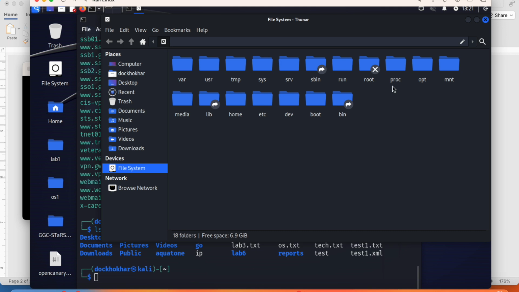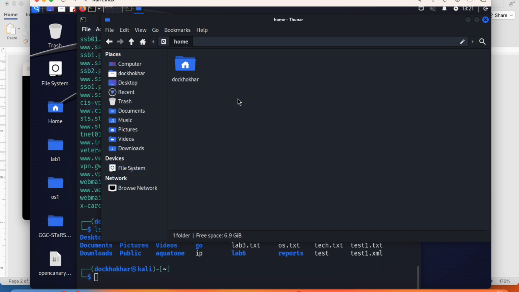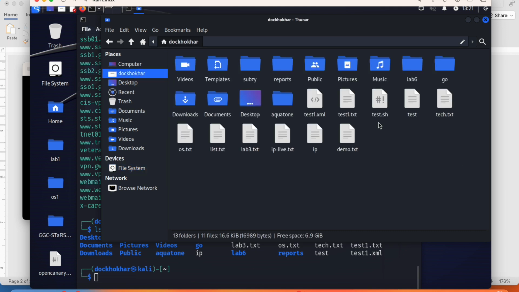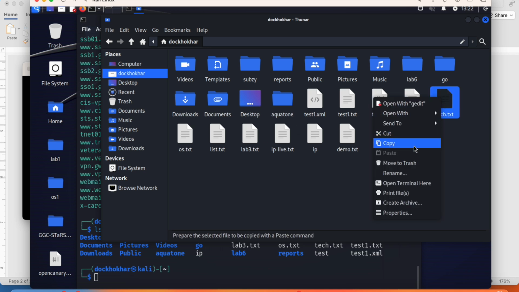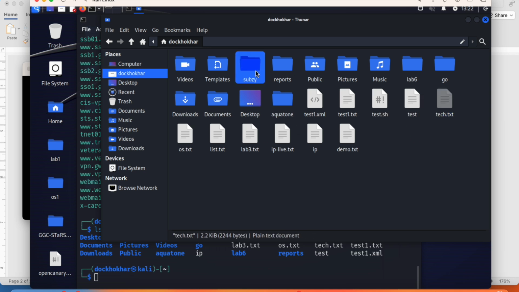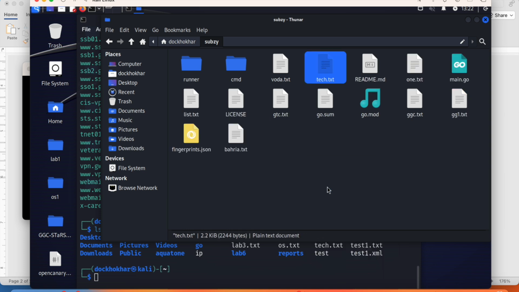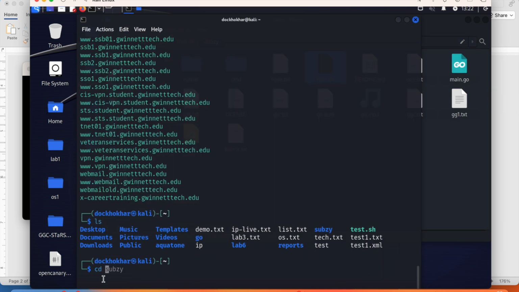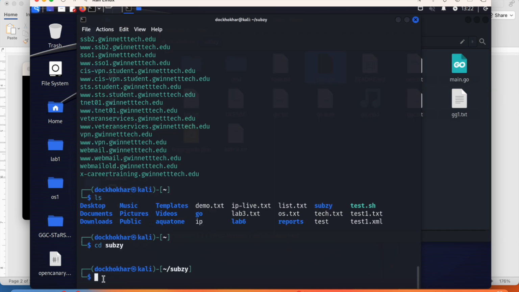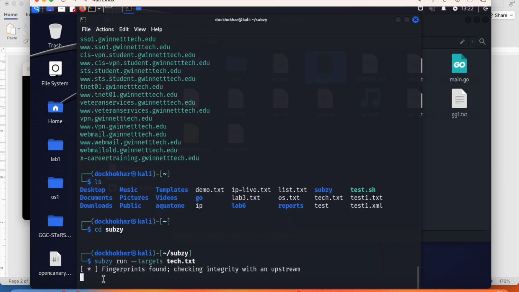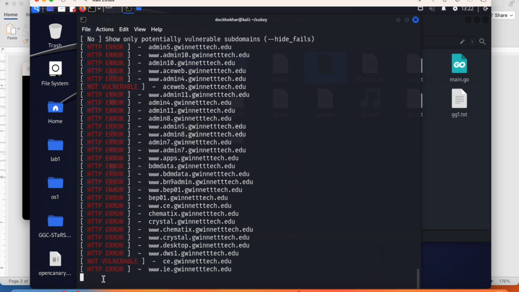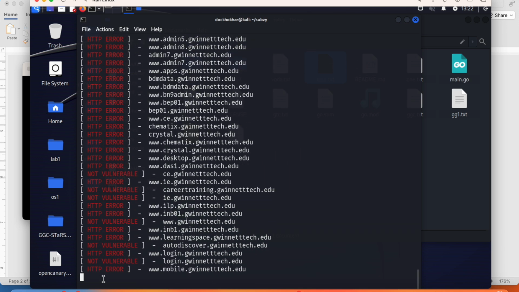I'm going to go up here, to my home directory, and look for the tech.txt file. It's right here. I'm going to right click, cut, and put this file in Subzy. All right. Now I'm going to go to Subzy. Very simple. I'm going to run subzy run, and the target file is tech.txt. Very simple. Enter. It will start scanning and look for any vulnerable subdomain